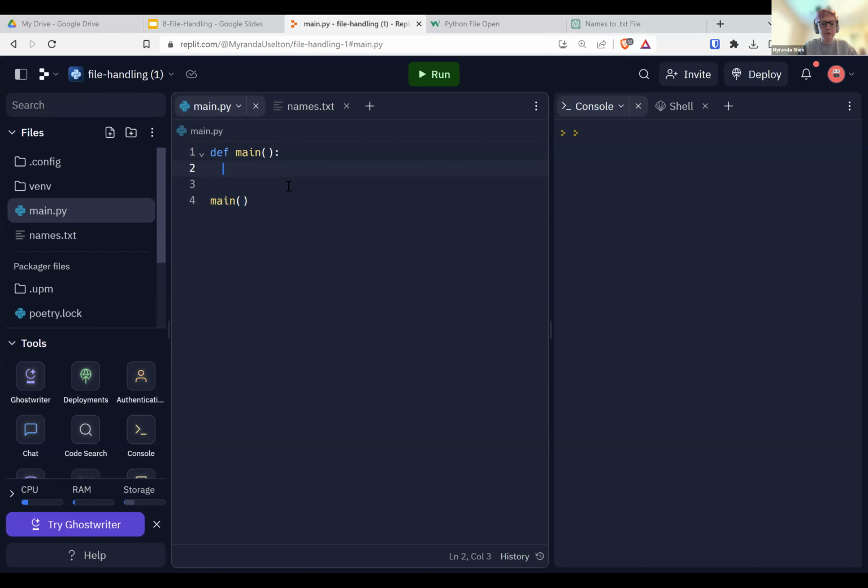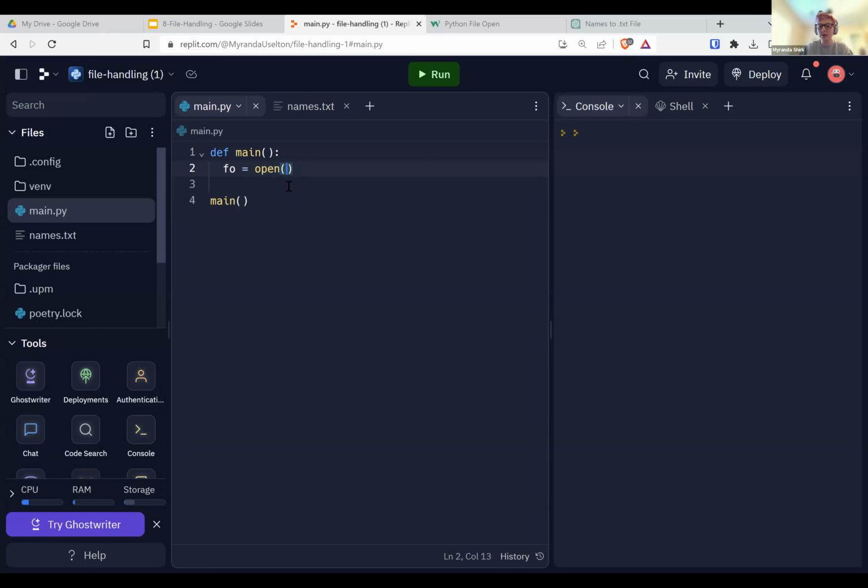But first off, we want to create our file object with the open function. So I'm going to say fo equals open. Then we got our parentheses here. There's no space between the word open and the parentheses. I see some people putting spaces there sometimes in the chat. And I don't know if it's Zoom auto-correcting you or if you are putting a space there, but make sure that the n and the parentheses are right next to each other.